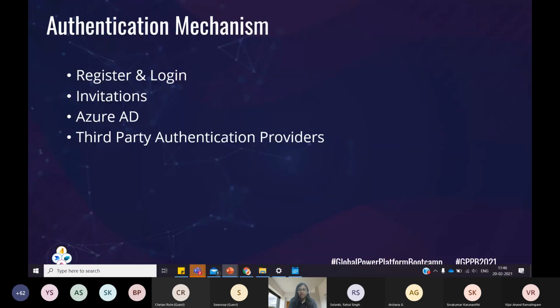Let's talk a little bit about the authentication mechanism, because this is really important when it comes to Portals app. Since it's an external facing website, we want to share it with the world. But there are certain cases where we want to restrict some data. Let's say it's a request response system, a customer management system. As an anonymous user, I should be allowed to go and create requests. But let's say I want to view all the requests which are created by me. There can be one request, or a number of requests which I have created.